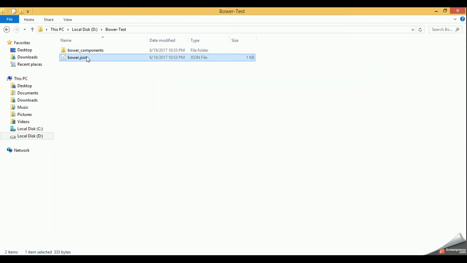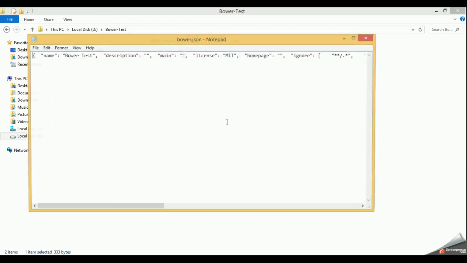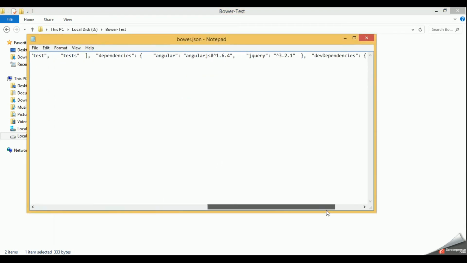So now if we open the bower.json file, we'll see a new section, which is dev dependencies, and we have grunt 1.0.1 installed. So this is how we can segregate our dependencies into dev dependencies and dependencies.